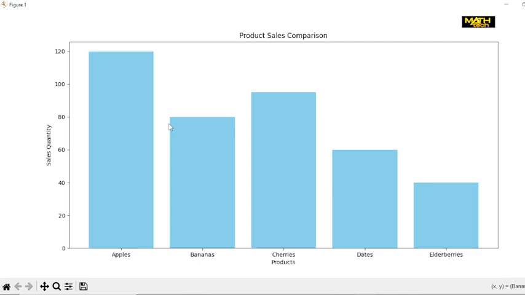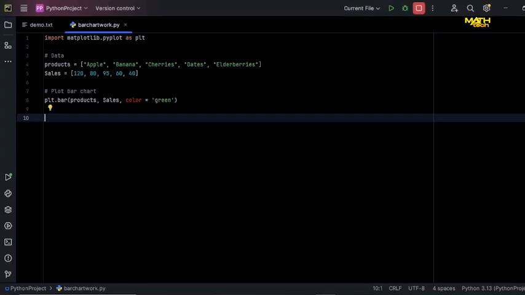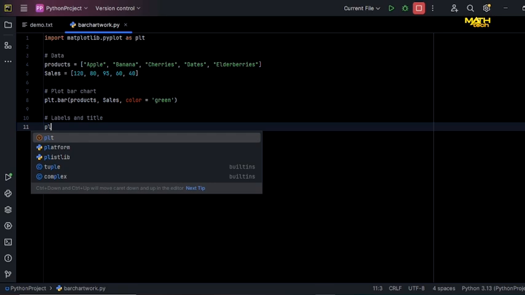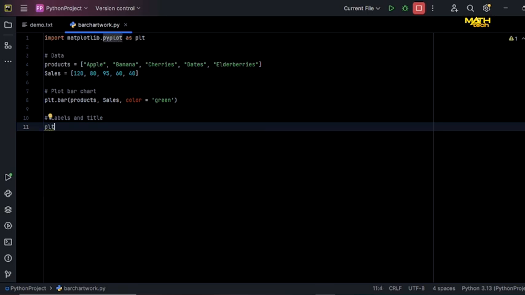So let's go back immediately to our work and see. I never wanted to give a comment, but I will give a comment for clarity. So what we are doing here will be labels and title. Next we say plt, which is the function we called, plt.xlabel,